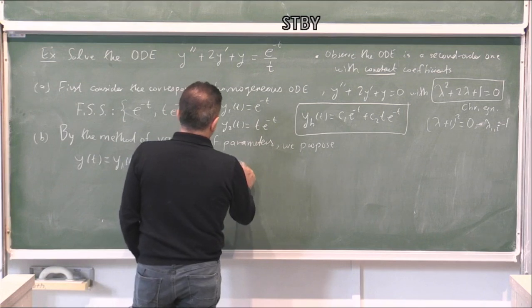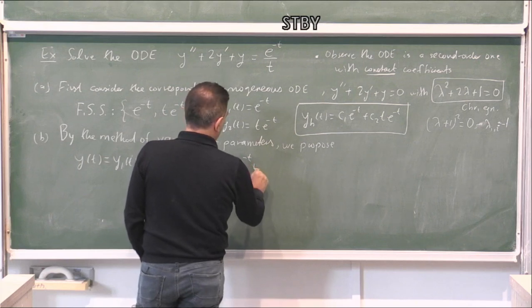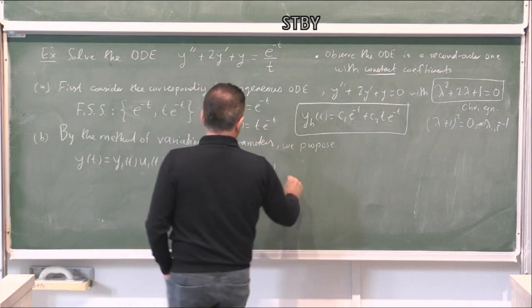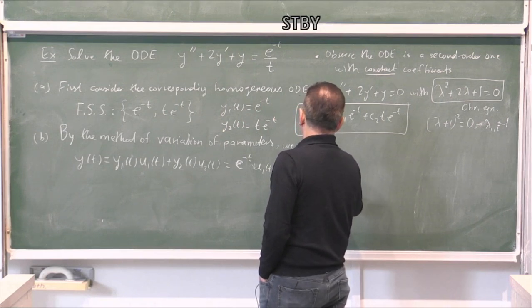So we have e to power minus t times u1 of t plus t e to power minus t times u2 of t,